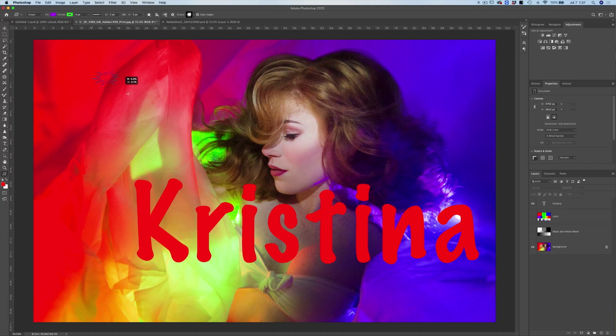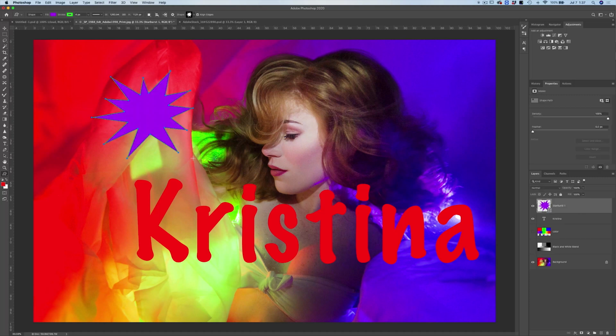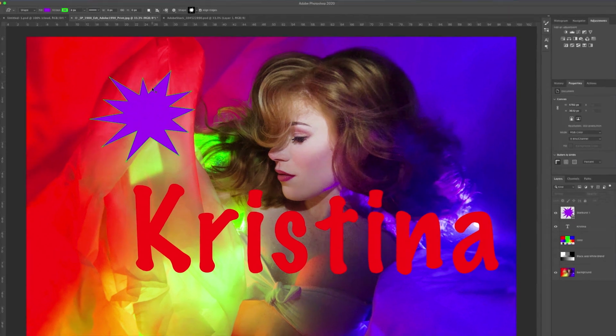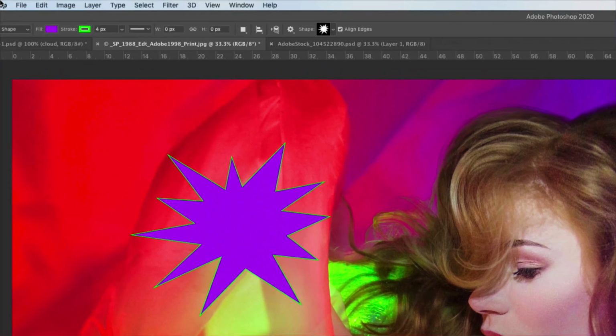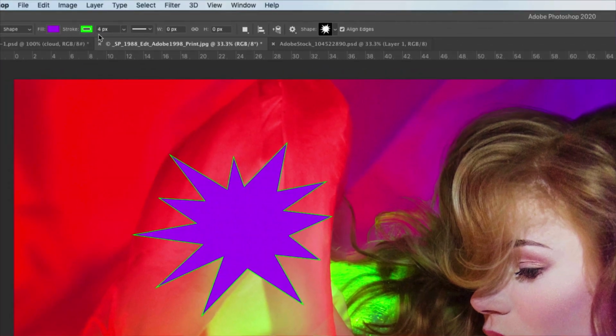Let's go ahead and just click and drag and create our shape. And since this is a layers class, if we look over on the layers palette, you can see that a new layer has been created for us, and this is our starburst layer. So if I click off, we have our purple starburst with a green outline, okay? And that is the exact same settings that we had up here.